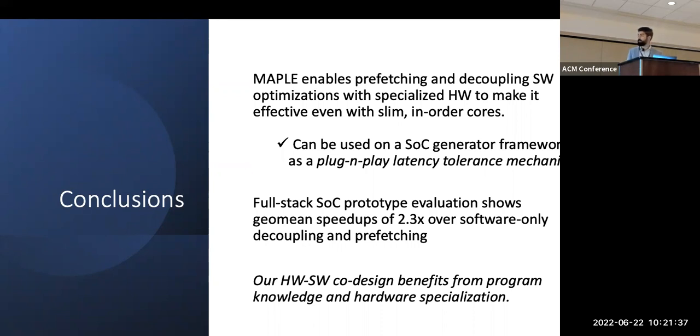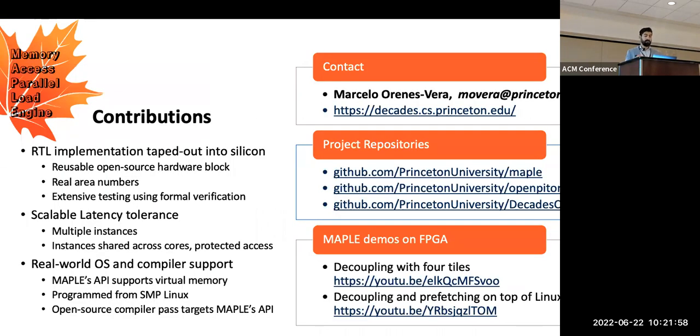Our full stack SoC FPGA evaluation showed geo-mean speedups of 2.3x over software decoupling and software prefetching. And our hardware software co-design benefits from program knowledge and hardware specialization to achieve good performance at a low area overhead.